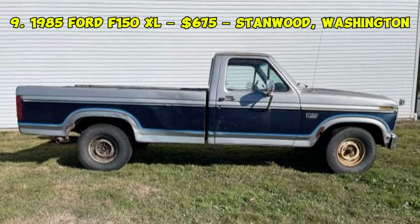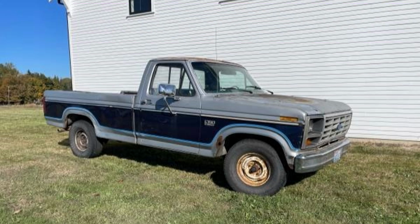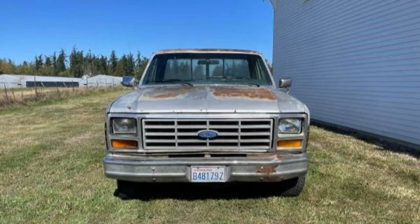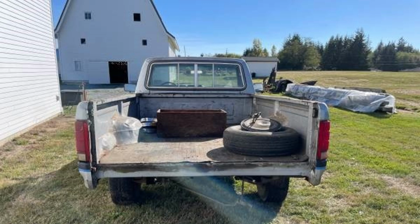Number 9. 1985 Ford F-150 XL, $675, Stanwood, Washington. This Ford F-150 is being sold as a non-running truck. The 300 cubic inch 6-cylinder engine does not turn over, but the automatic transmission was rebuilt 7 years ago with